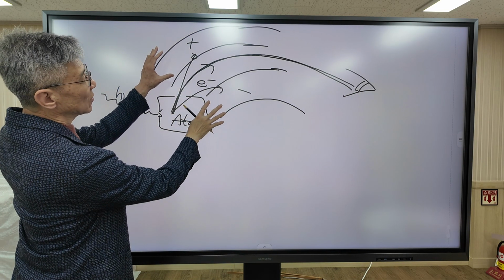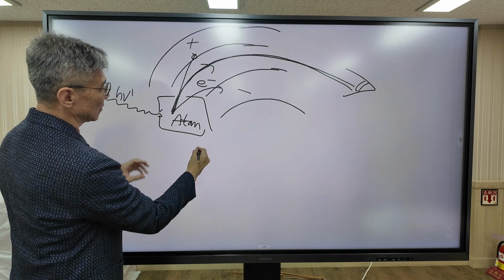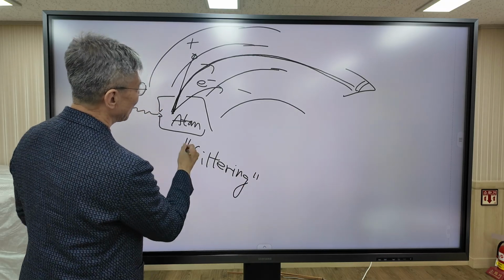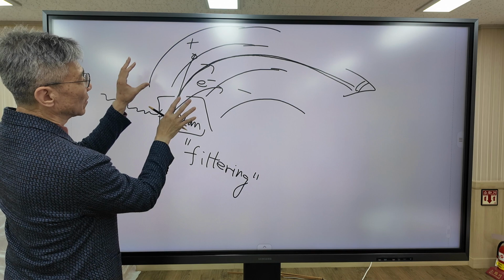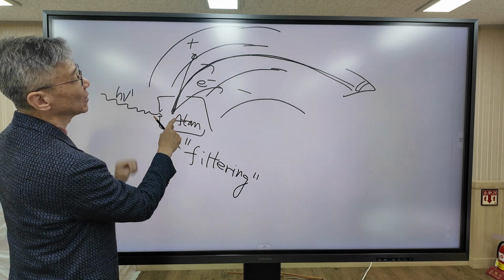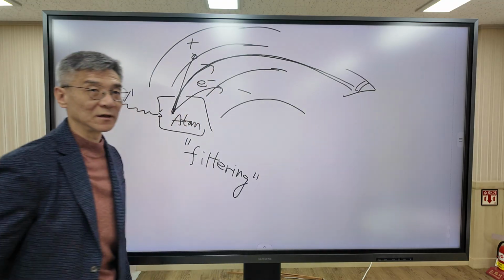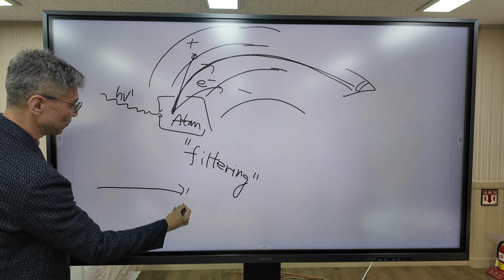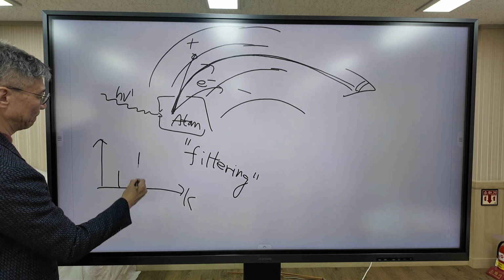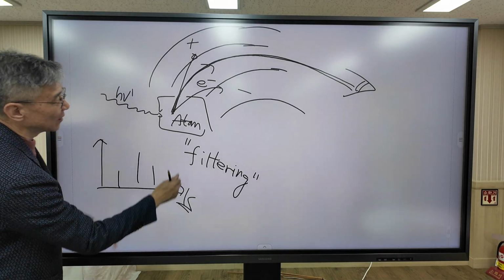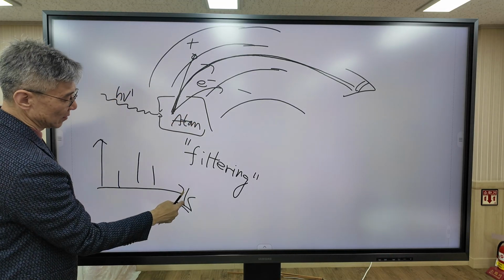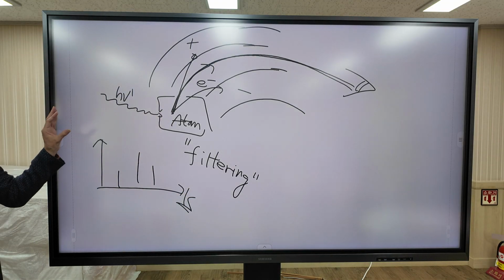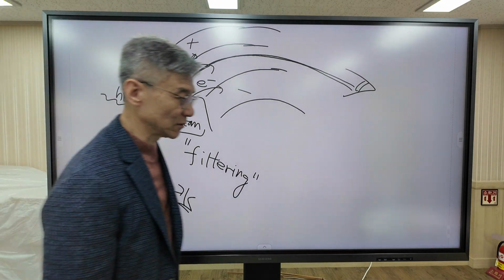So this kind of two electrodes provides some kind of filtering process. When you apply proper voltage, only electrons with proper kinetic energy can be detected by the detector. So in this way, you can determine the kinetic energy spectrum. How do you determine kinetic energy? How much voltage is applied depends on the proper kinetic energy, to measure the kinetic energy of electron. This is the basic principle of photoelectron spectroscopy.